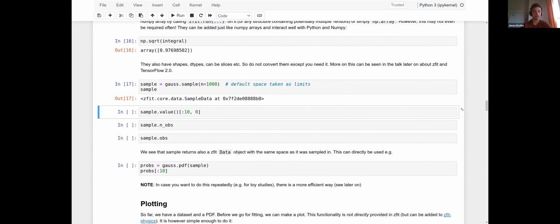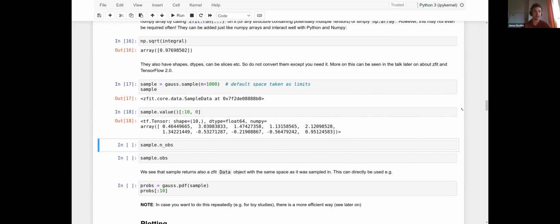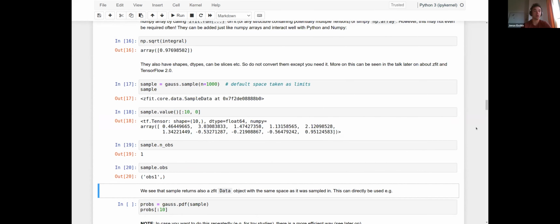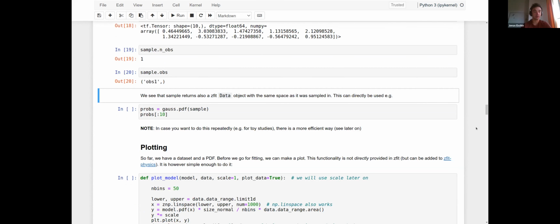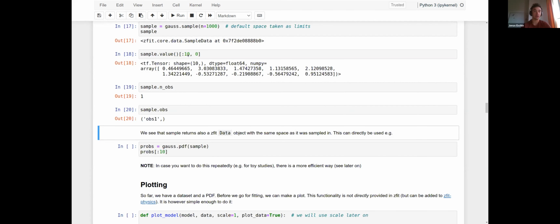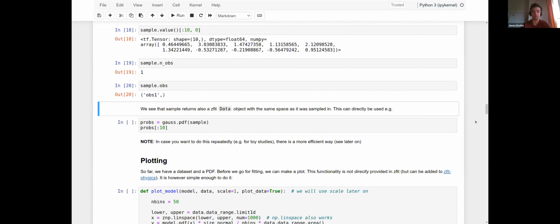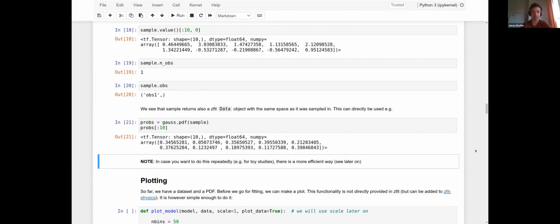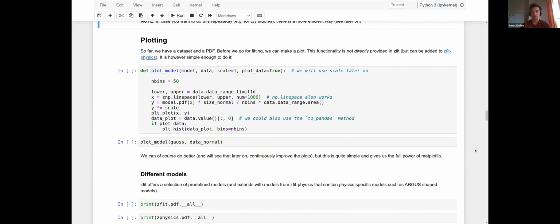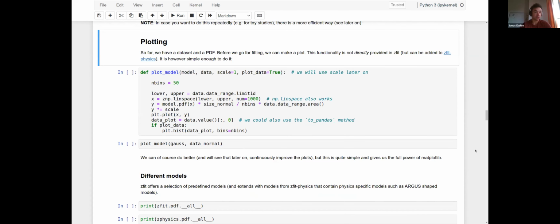As said, we can sample from it, get the values out. Sample is like a data object, nothing special. So as you see here, we get the NumPy-like values out, so you can just sample and use Zfit as a sample PDF. It has an accept-reject algorithm, so it will be sampling any of your PDFs. And we can use PDF. With this interface, you can also simply do plotting using matplotlib,